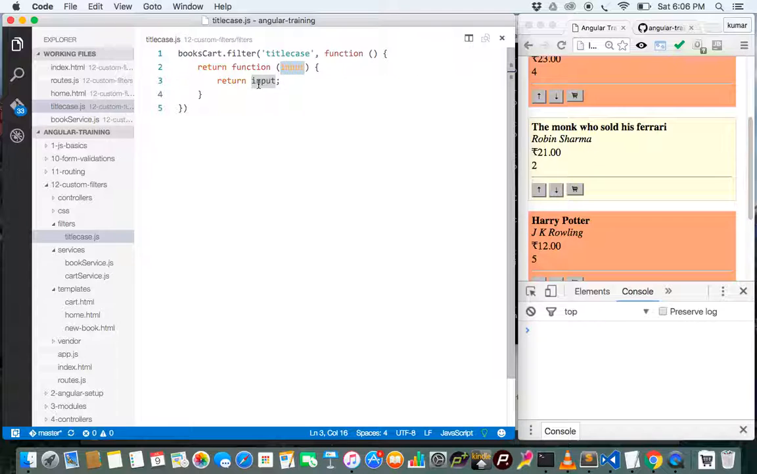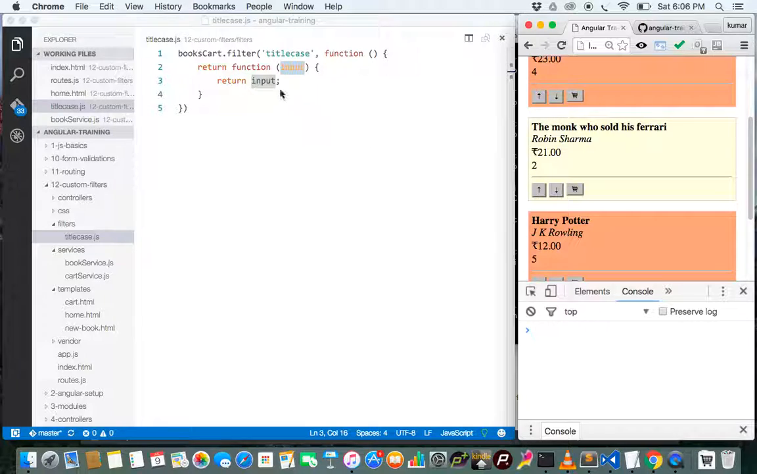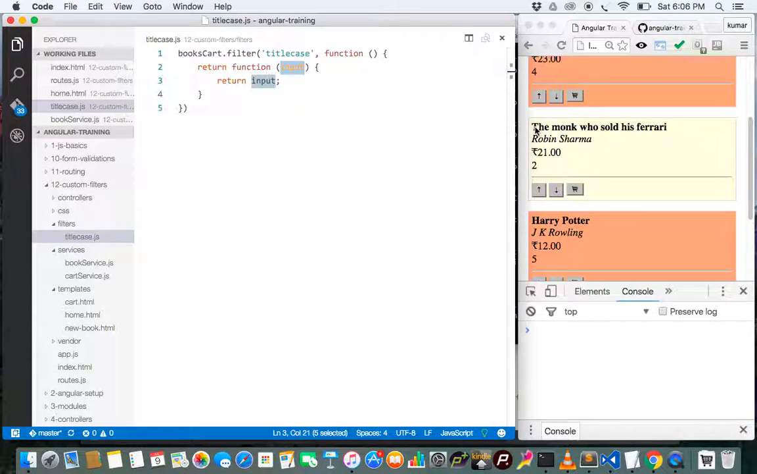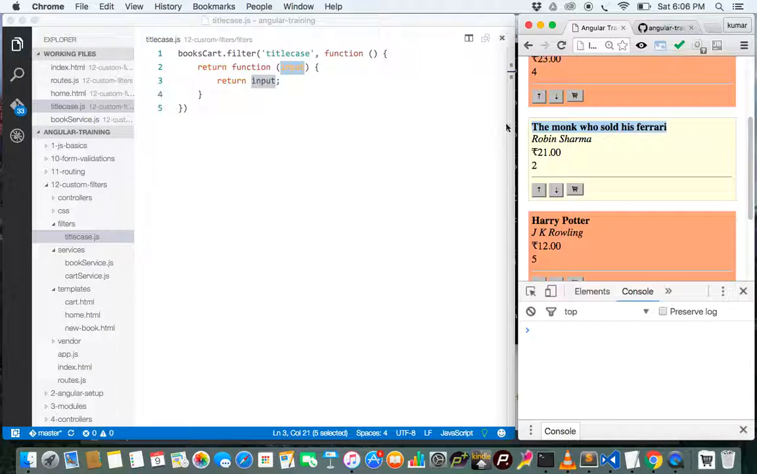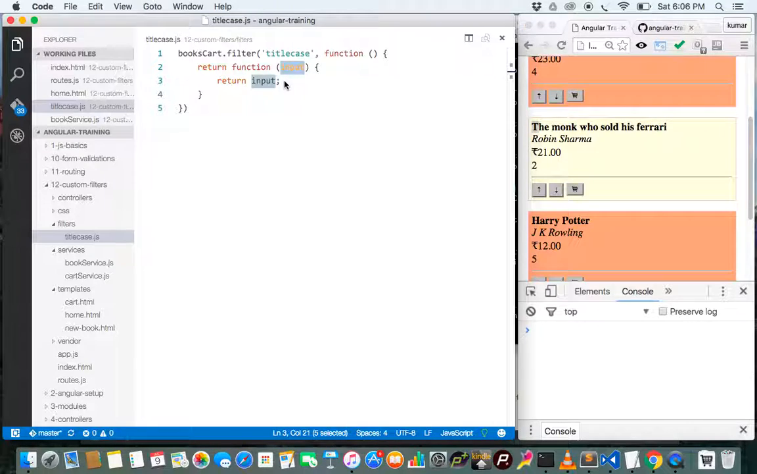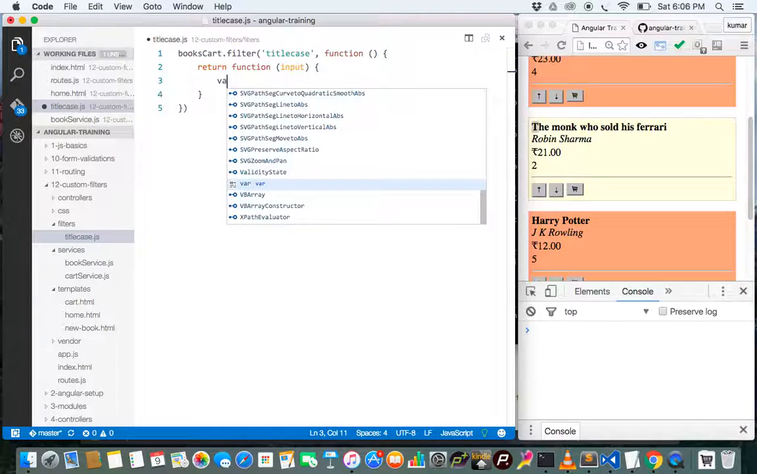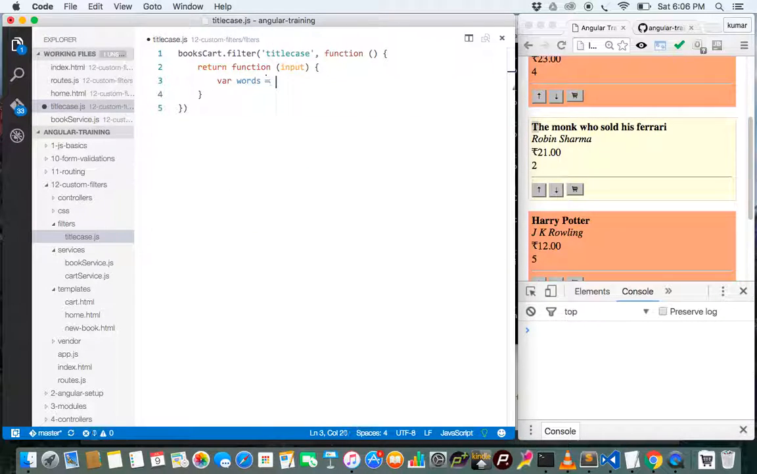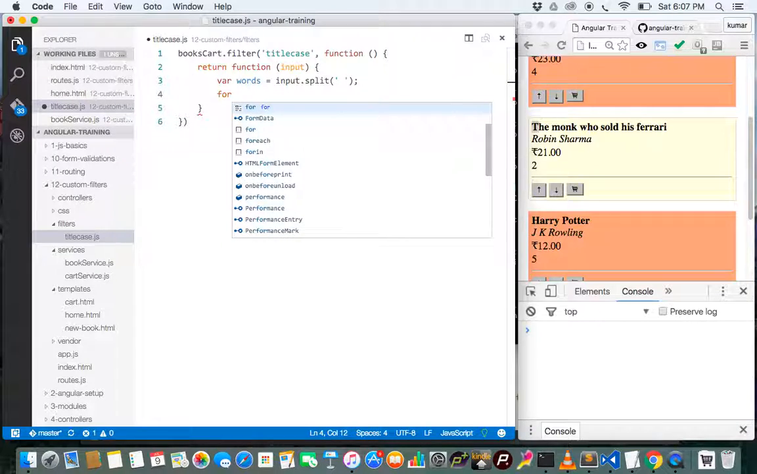Now whatever I return, so this is the input and whatever I return becomes the output, and that is shown here. So right now we want this to be title cased, as in the first letter of all the words is capital and all the remaining letters are small. So let's write the code for that, where words equal to input.split. Split it with a space, so I'll get all the words